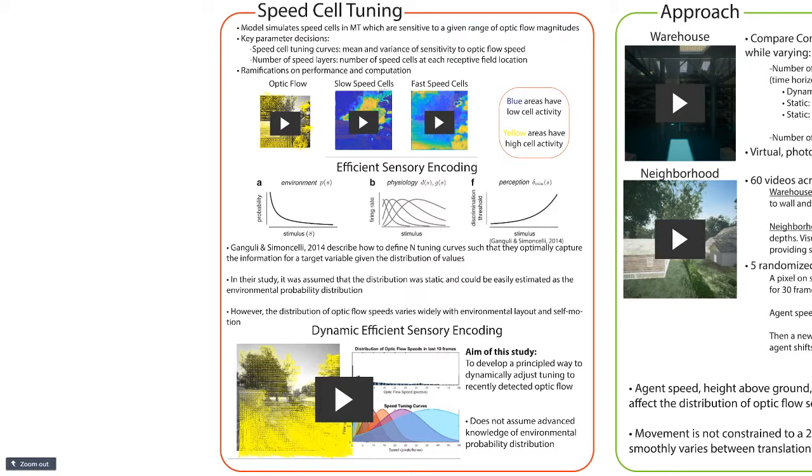As you might expect, models such as ours have many parameters which affect performance, and there is considerable study about what values to use. Today I'm presenting a principled method for extending an efficient sensory encoding approach to parameter selection so that speed cells are dynamically attuned to the current visual environment, which results in impressive performance gains over a static attunement. Here's the optic flow for our example video, which shows optic flow of many speeds from slow to